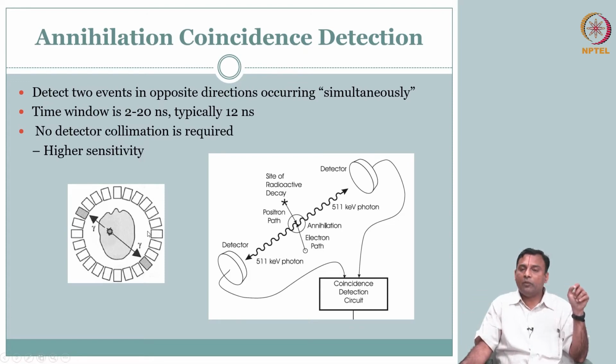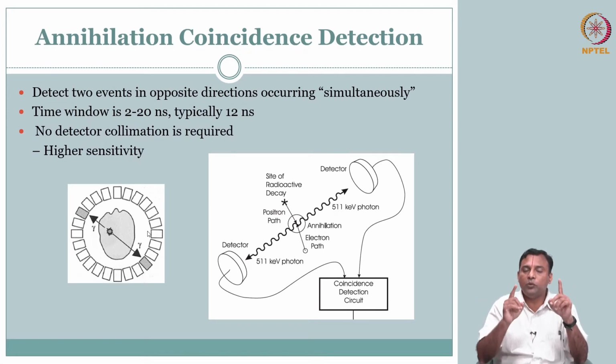You are not really worried about the radio tracer per se, right? You are looking at only one energy. So maybe the detection part, instead of using the same Anger camera specification and materials, where you had to cover a host of different energies, so that it can cover different radio tracers, here I don't have to do that, I don't have to compromise on that. I know there is only one energy that is going to come, which is 511 kilo electron volt.